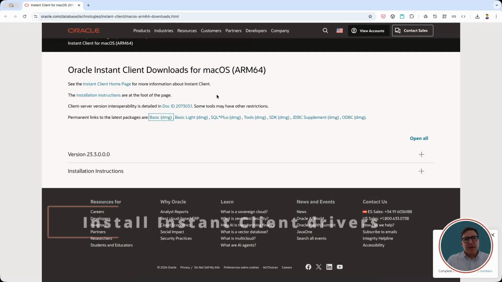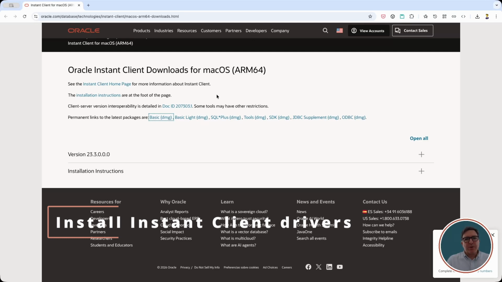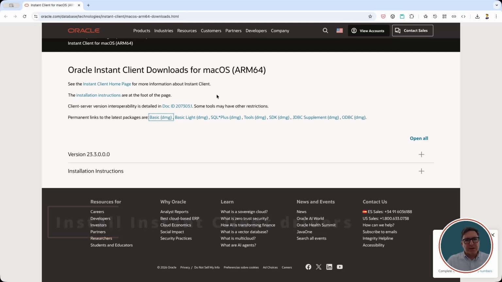Okay, in the next videos, I'm going to be writing code with Rust to talk to the Oracle database. And I will be using two different crates. One is the Oracle crate, and the other one is the Civil crate. The Oracle crate and the Civil crate both need drivers to be able to talk to the database, but they use a different level of drivers. So the Oracle crate uses the